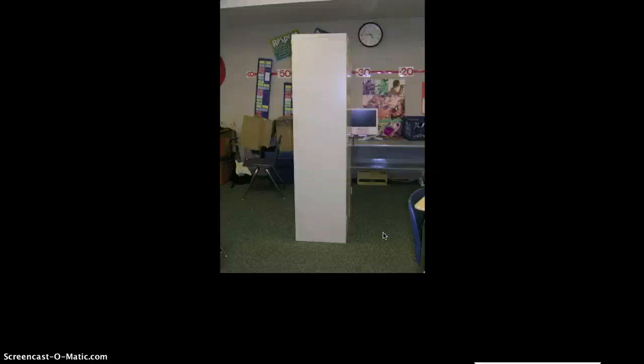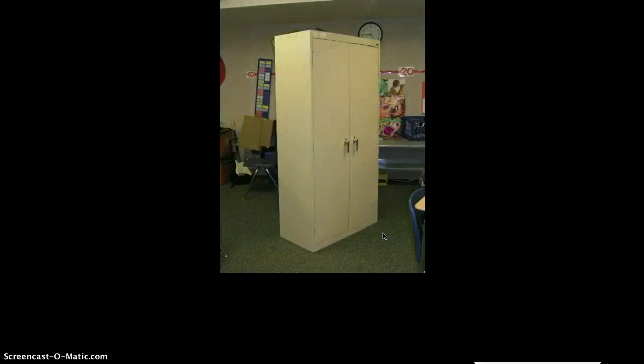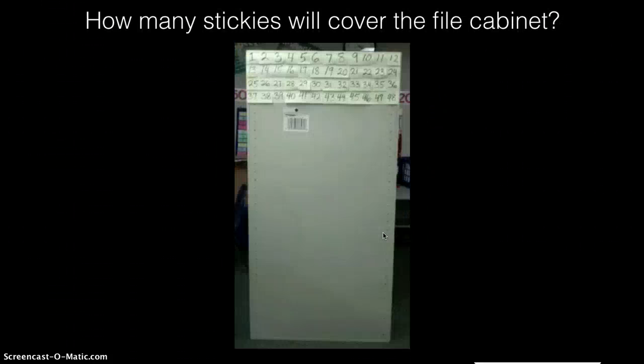Yeah, so you guys have probably tons of things you're noticing right now. Tons, maybe a lot of questions here, but this is where capturing those questions is important. I want all of us to agree on one question, and then this way we can work towards answering that question. And here's the question I'm curious about. How many stickies will cover that file cabinet? I want you to make a guess. But before we do that,